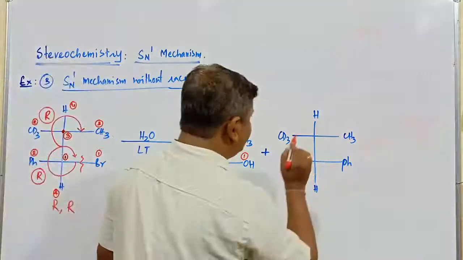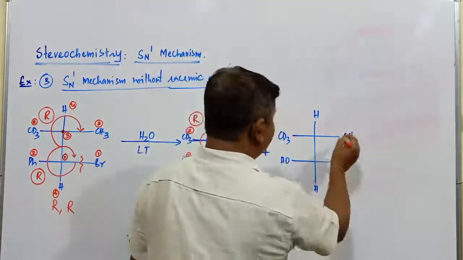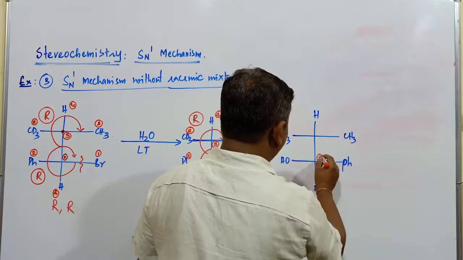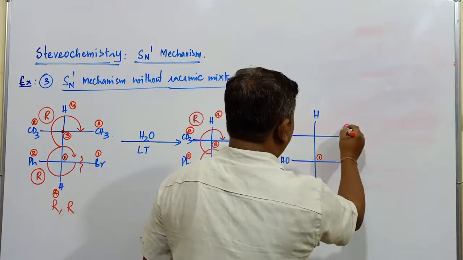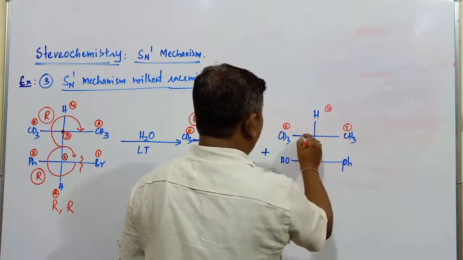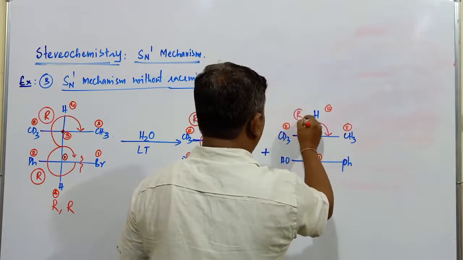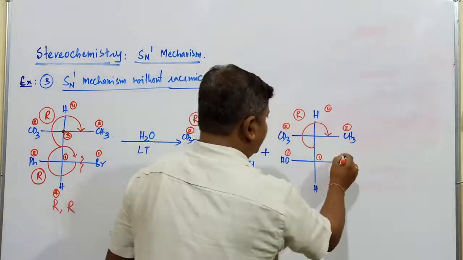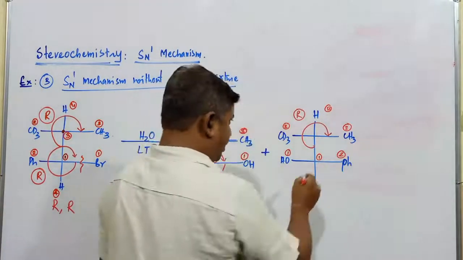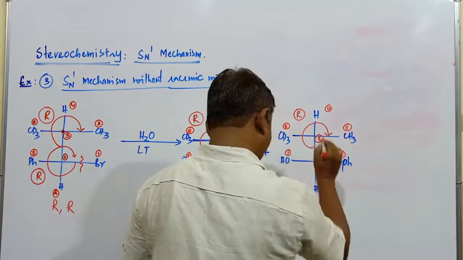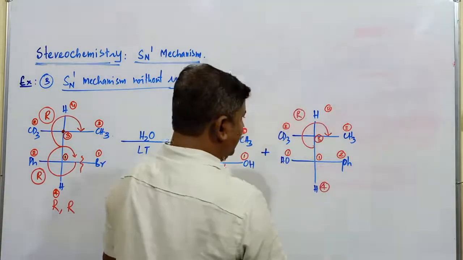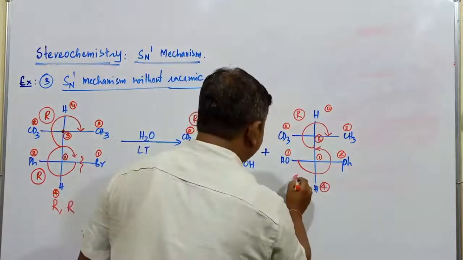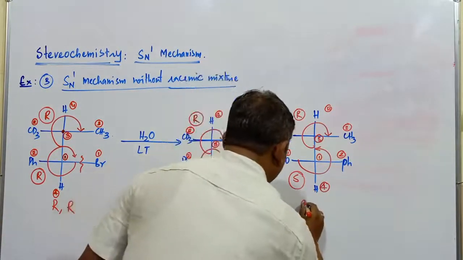Now over to this molecule. With respect to this particular carbon atom, CD3, this is PhOH, and the carbon is connected to the oxygen atom. That is the first one, this is the second one, this is the third one, and this is the fourth one. 1, 2, 3 means it is clockwise, the R isomer. Now here, OH is the first priority, the second priority is this carbon atom, the third priority is this whole group, and this is the fourth priority. Here the configuration is anti-clockwise, which is referred to as S. Now it is R and S.